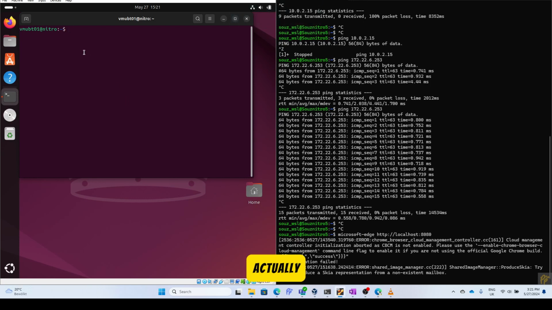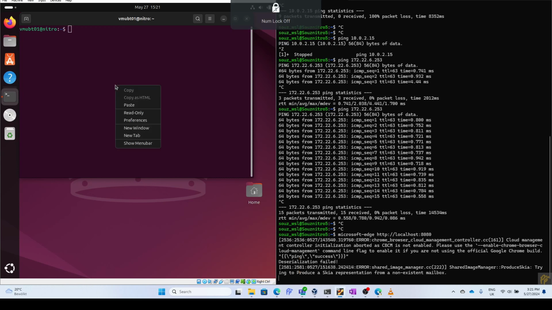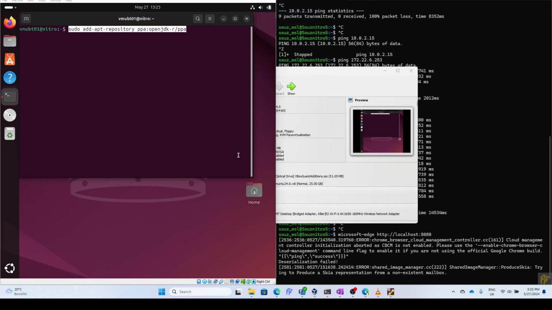Before we can do anything, we actually need to install Java on our virtual machine. The setup is actually quite simple. We can just paste some. Okay, now it's stuck actually. We need to wait a bit. This virtual machine is really slow. Let's first add this into the repository. Hope that this time it works. I don't know why it's so slow, but